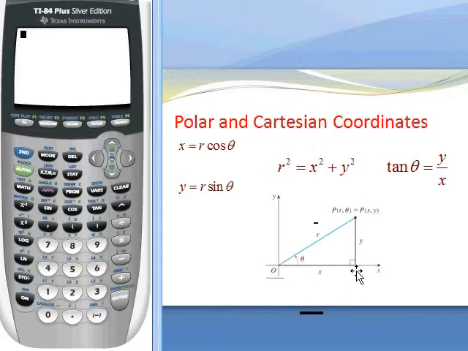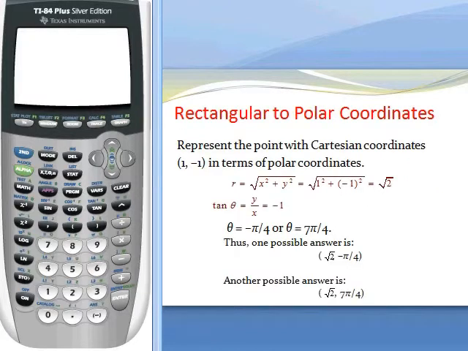As you see from the right angle triangle, x squared plus y squared is r squared. So if you are given x and y, you can calculate the r. And the other thing is tangent of theta is opposite over adjacent, y over x. And then the x is simply r cosine theta and y is r sine theta. So I know these relationships. So I can calculate, for example, r and theta from a given rectangular coordinate